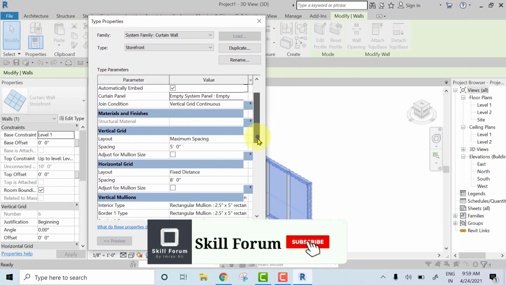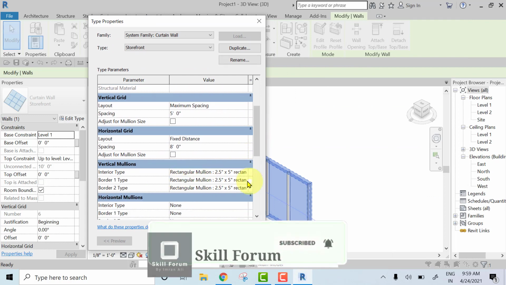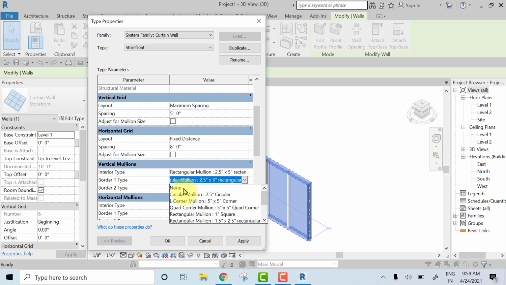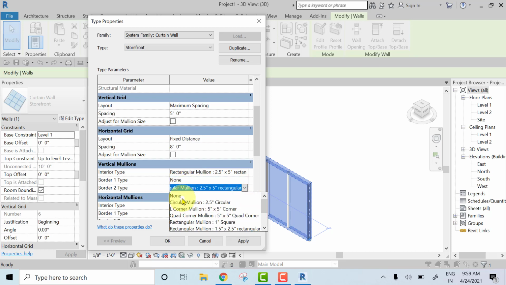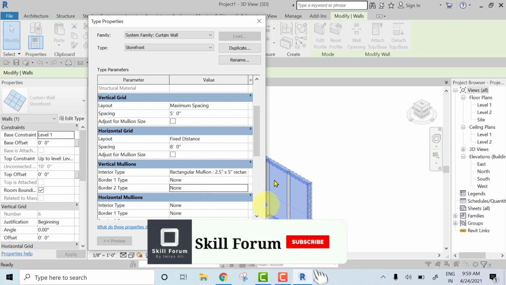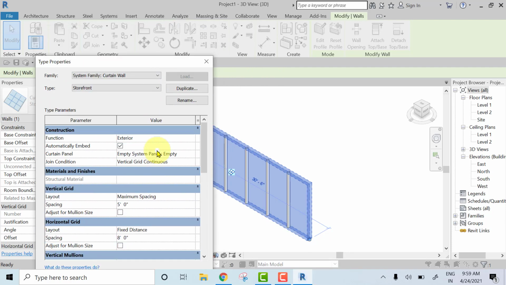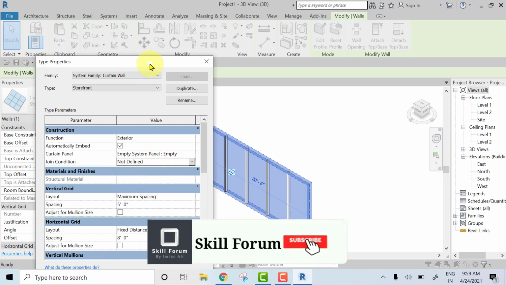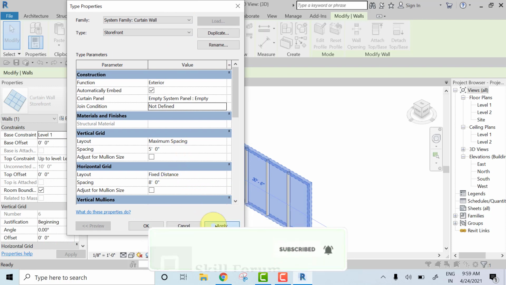For that, go to Border, and in the vertical mullion click on None. I will make it None, give Apply and click Delete Mullion. After that, I will make the vertical grid continuous setting non-defined and give OK, Apply.